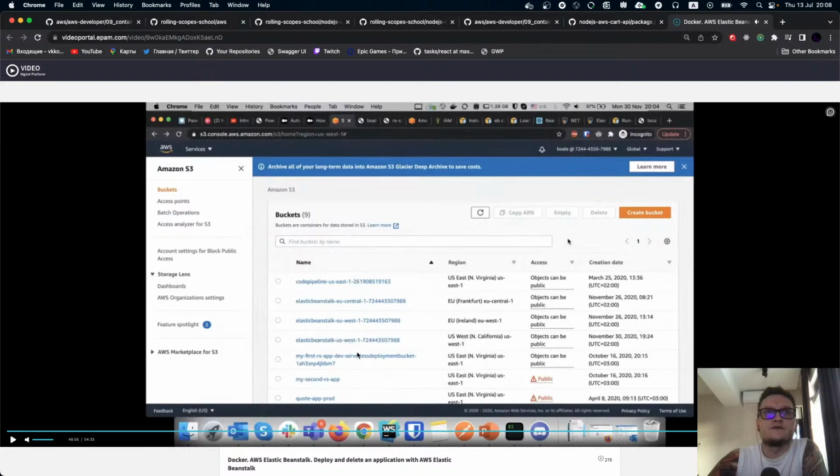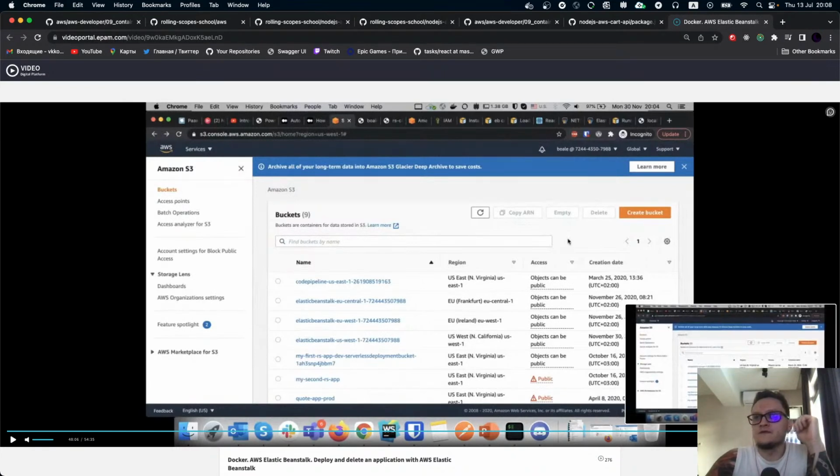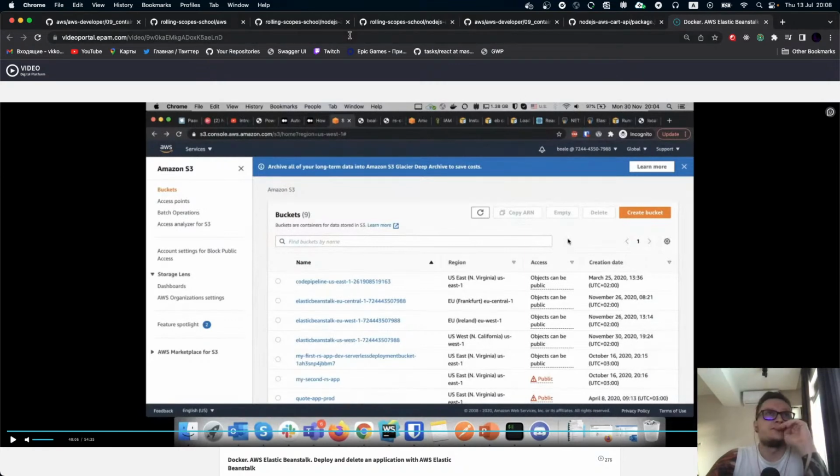Here, as you can see, as I told you, inside Amazon S3, AWS stores the data which it uses for Elastic Beanstalk. And as I told you before, you will have to wipe this out when you finish the course. Just do not pay for this stuff. And actually, that's it. It's pretty simple stuff.